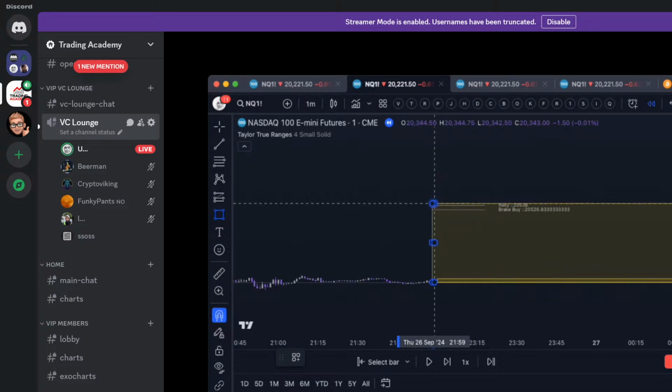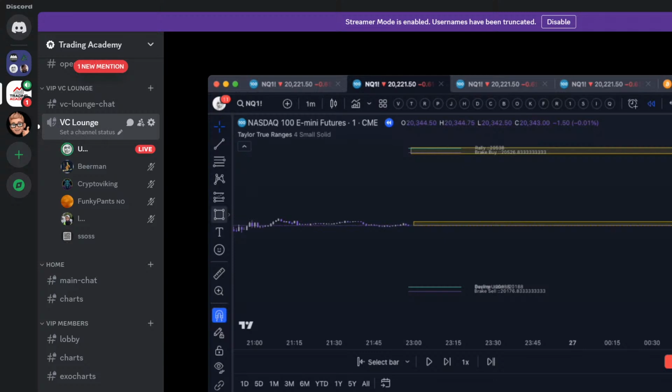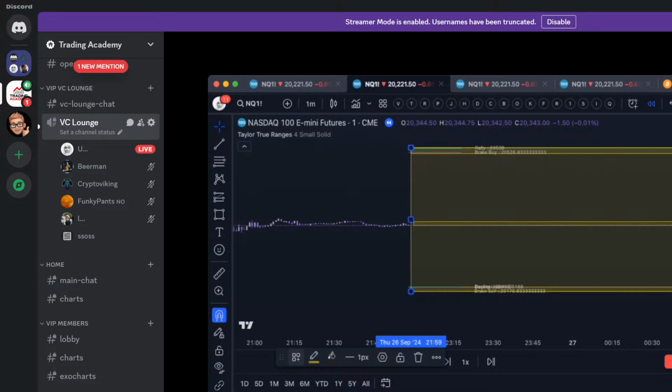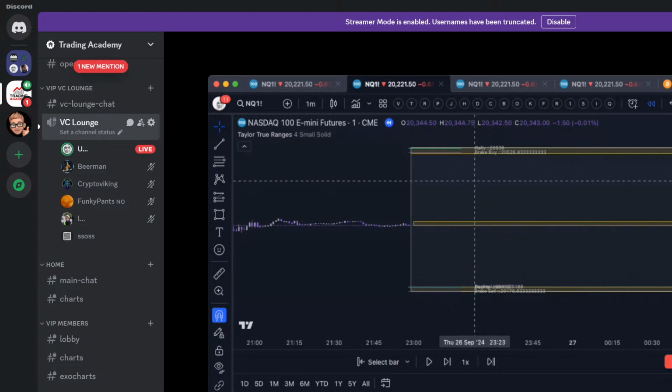Did not want to do that. So you plot out the envelope. You plot out the envelope. And you plot out the range. All right, so that once this stuff starts moving